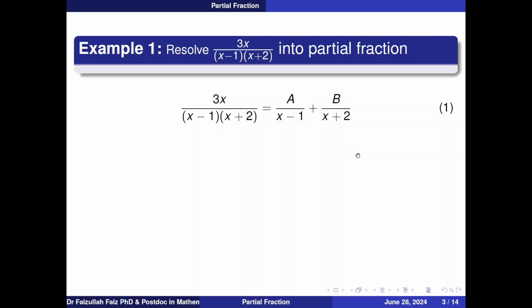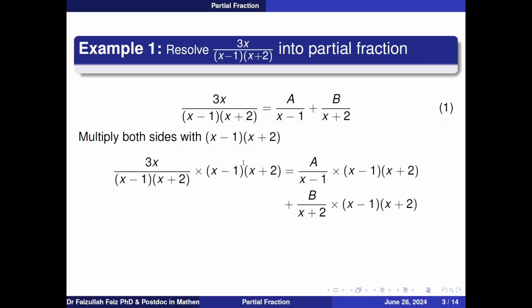Now the task is to find the value of A and B, and once we get these 2 values, we shall substitute the value of A and B in equation number 1, and that will be the required solution. To find the value of A and B, we multiply each term with the LCM of the 2 terms on the right hand side. In other words, we multiply each term with x minus 1 into x plus 2